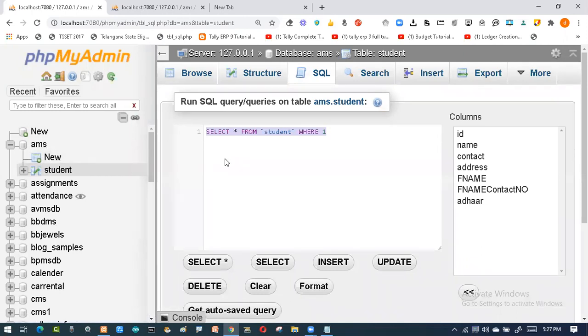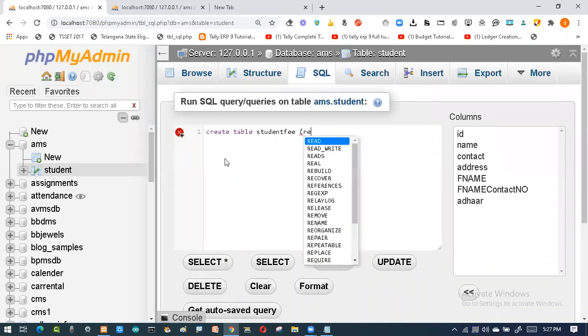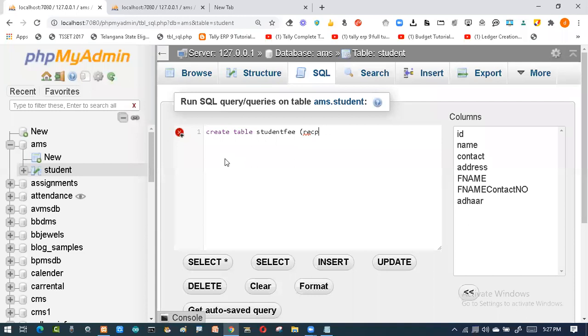So I'll say create a table, say student fee. So the student fees table is there. So I want to go with this. Then student fees having something called roll number. Before that, fees is there. So receipt number is there. Receipt number is going to take an integer of 5 digits. Then to whom you are giving, so the ID, that is the roll number of that person. So it is an integer of 5 digits.